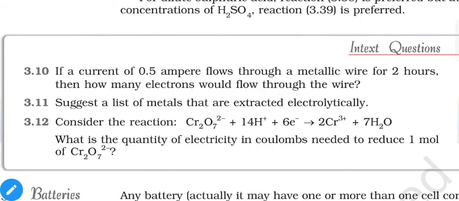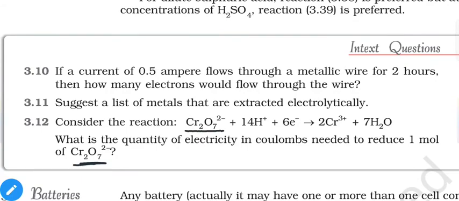First of all, you have to find the species which is being reduced or oxidized. But here the question is specifically asked for Cr2O7 2 minus. So we have to concentrate on it. So here we have Cr2O7 2 minus. That means we have Cr and O in this case. The oxidation state of oxygen before and after the reaction does not change, so there is no need to concentrate on oxygen. We have to concentrate on Cr only.